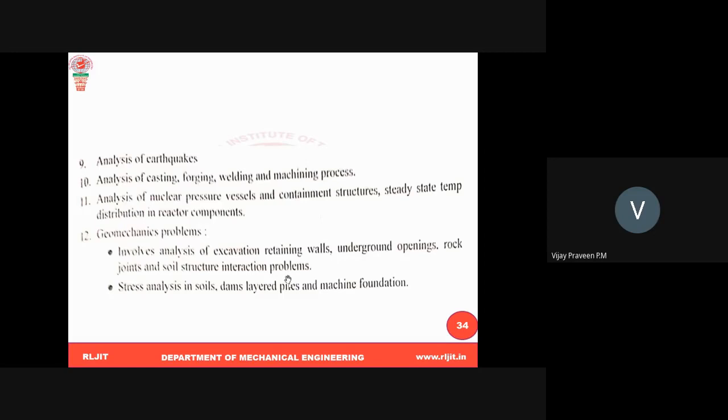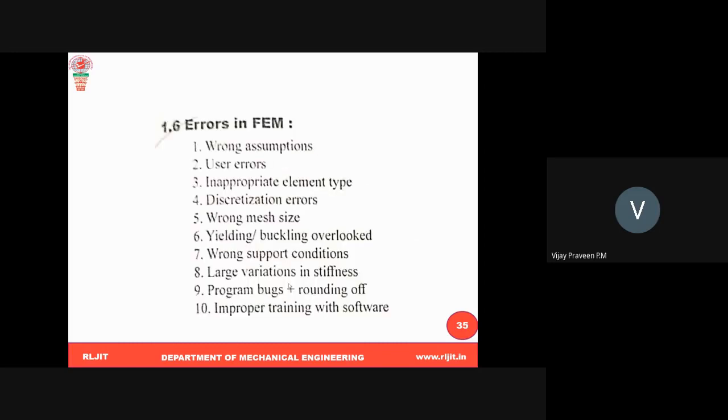If you apply a load on the soil, how much stress will be developed? This is very much required for a civil engineer. Suppose I need to build a structure, I should first know the strength of the soil. For that they do analysis as well as experiments. So there is a huge number of applications, and you can easily write them. It is self-explanatory, and in exams you can write the same points; they will ask for 8 or 10 marks.